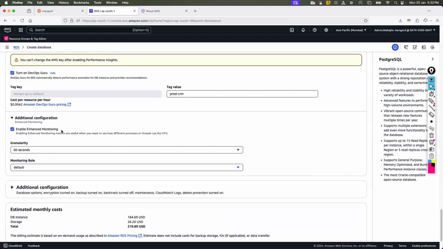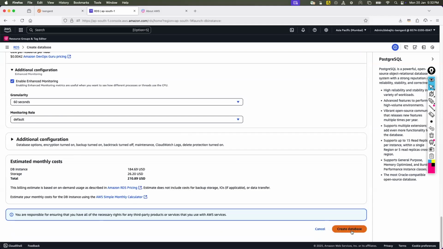Maybe you want to see some of the buffer cache, maybe your CPU percentages, utilizations, maybe deadlocks, who knows, right? Maybe some memory swap issues. So anything. So now I'm going to create the database.